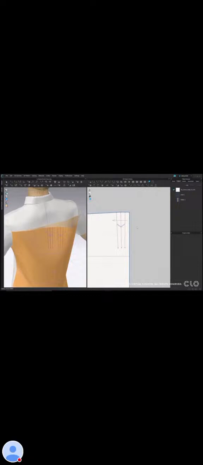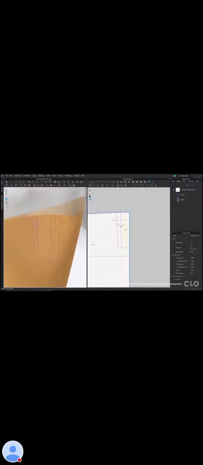Then I'm going to select first my first line. Usually you'll have 3 lines. The first one is the direction of the pleat, and then the second one is the inside of the pleat, and you'll have similar markings as on my pattern. The first one, depending on what direction you want the pleat to go, the easiest way of doing this is just to turn simulation on and change the fold angle